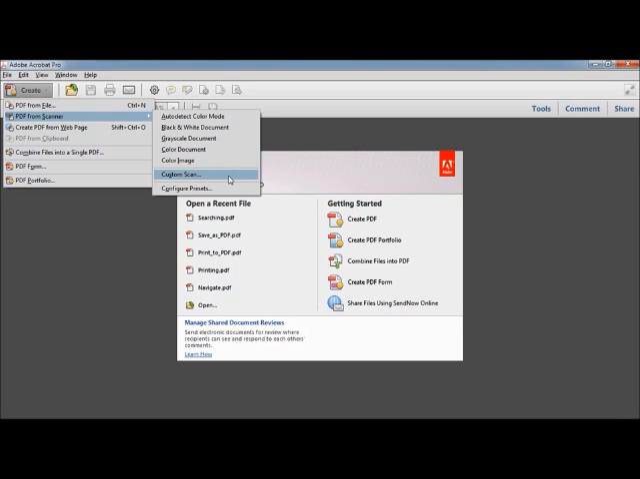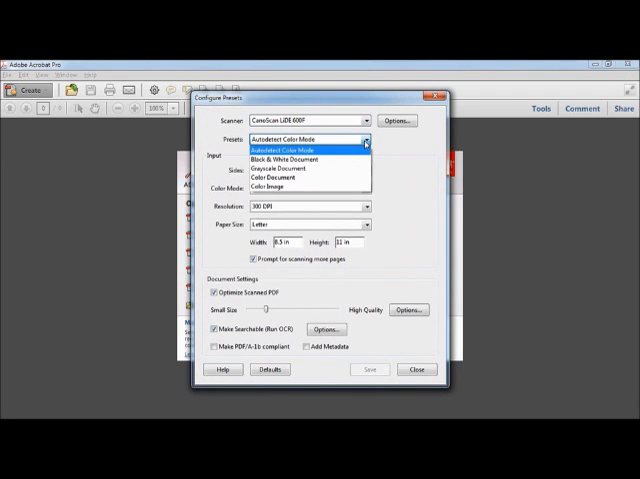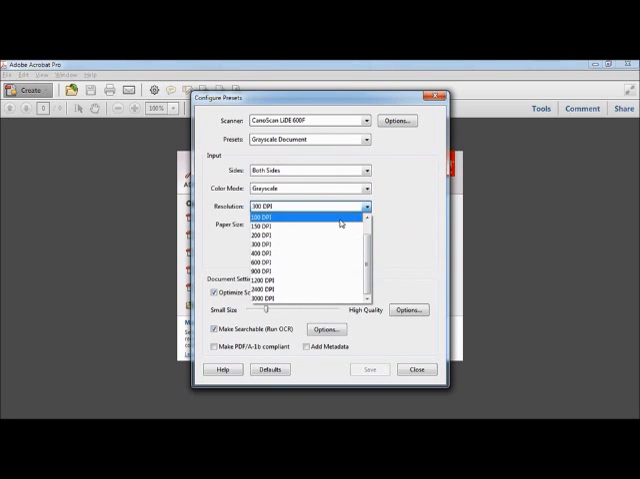Choose Custom Scan if you want to make specific settings before the scanning begins. And if you want to configure these presets, you can go ahead and click Configure Presets. In this dialog, you can choose the specific scanner and the specific preset and adjust all the settings within that preset, including whether it scans both sides, what color mode it selects, the default resolution,